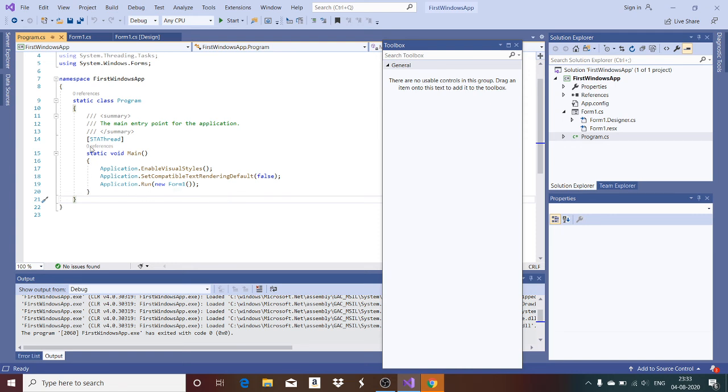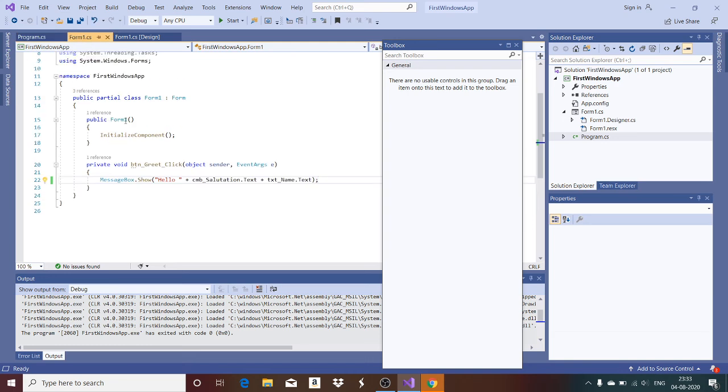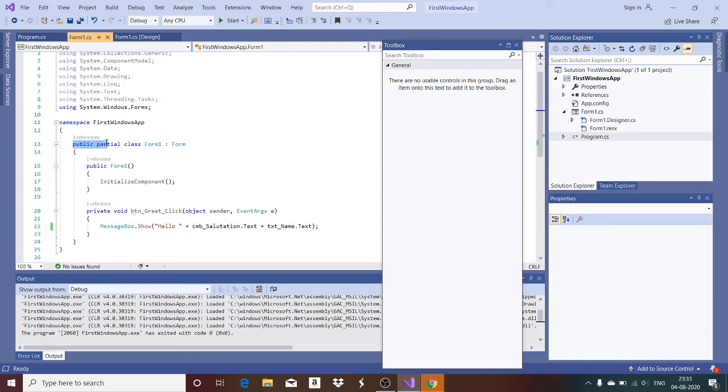But here in this program, the form is named Form1, public class Form1. In the previous program, what we have given here was public class EventsDemo, which is derived from Form.